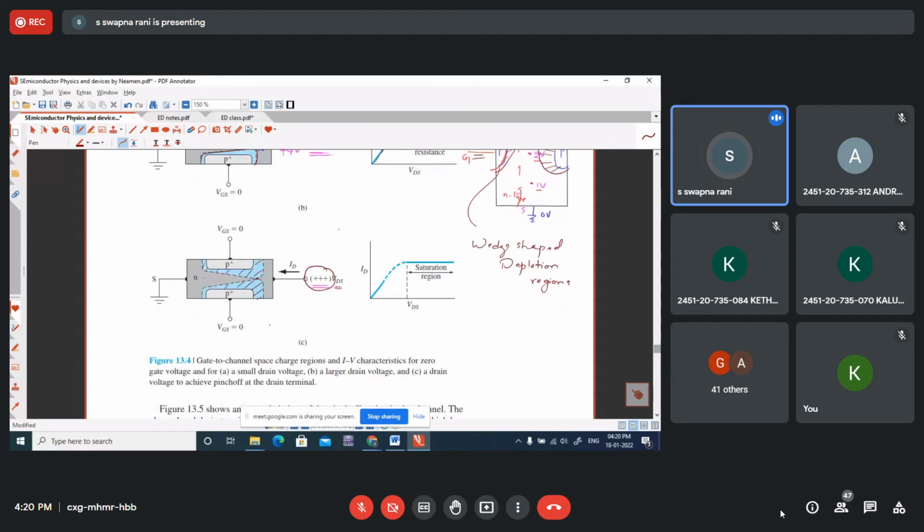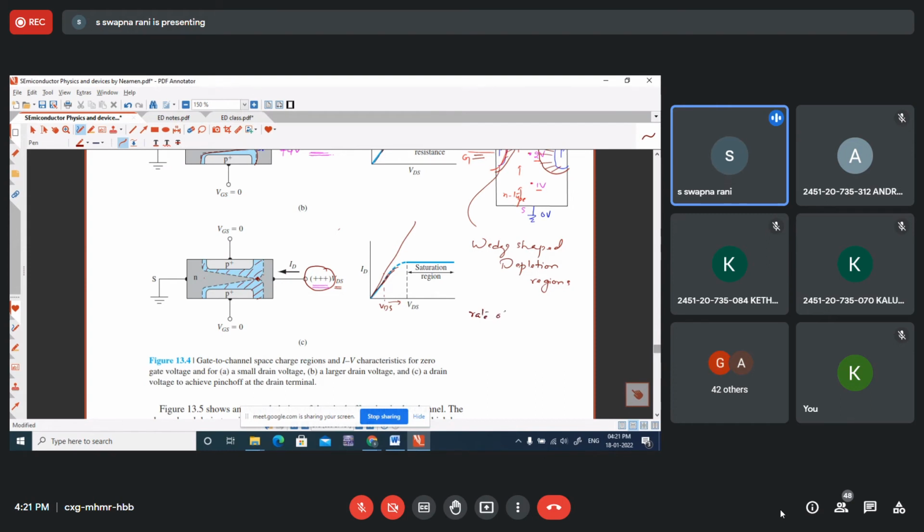So initially you may expect that charge carriers may not flow from source to drain, so current is 0. No, current will increase linearly with VDS for small potentials of VDS. When VDS is small, current should increase linearly. But as soon as we increase VDS, the channel width is decreasing and the resistance of the channel is increasing, so the slope decreases. And at one particular positive potential of VDS, when the wedge-shaped depletion regions come in contact, the rate of